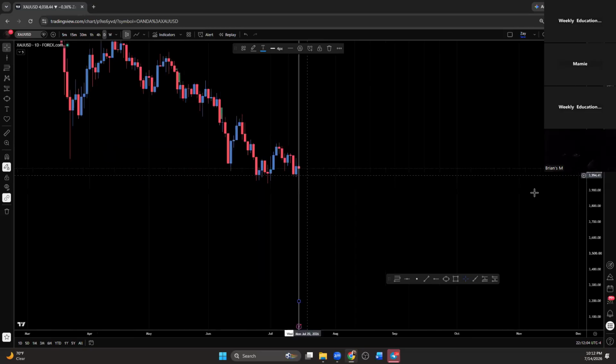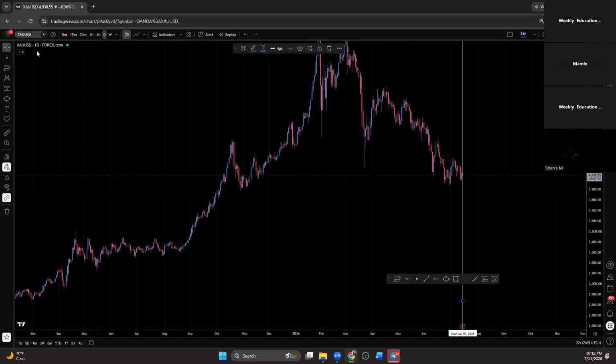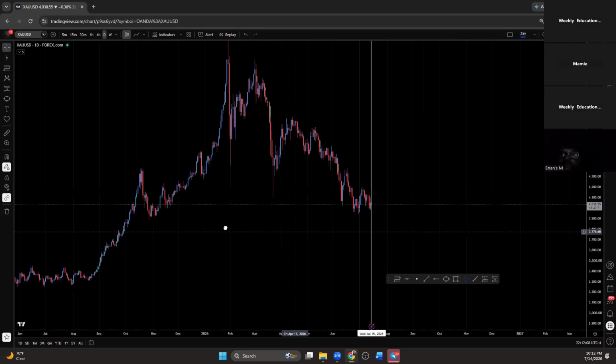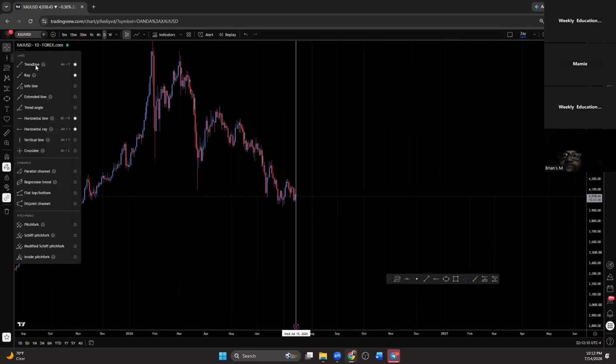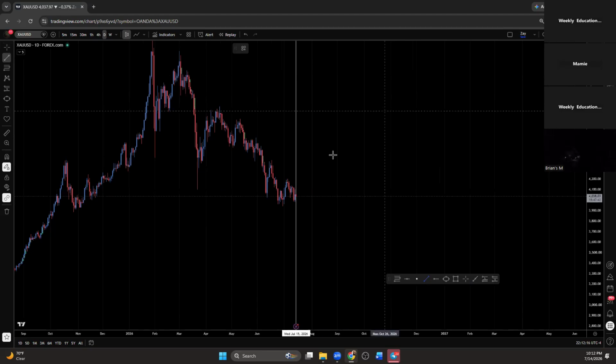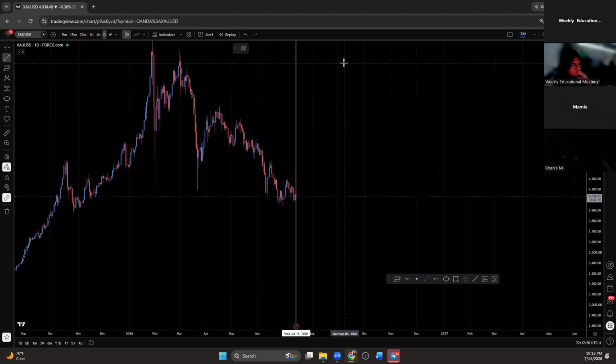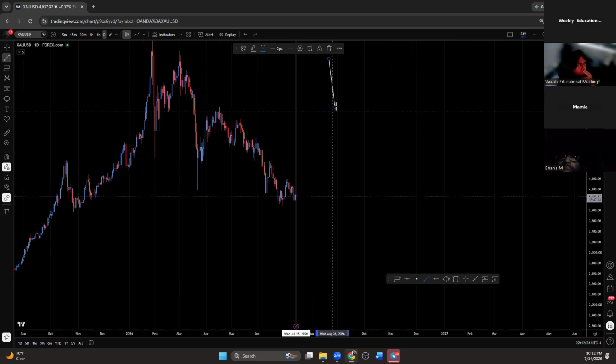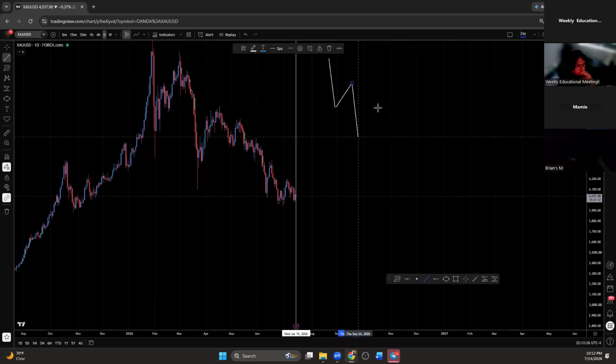Now, the next thing you kind of want to ask yourself, your main focus. I'm gonna just ask y'all this because I want to see if everybody knows this basic knowledge about market structure. I'm gonna draw a trend on this chart. You guys tell me what type of trend it is, okay? So I'm gonna start, and you guys tell me what you're seeing, what type of trend this is.